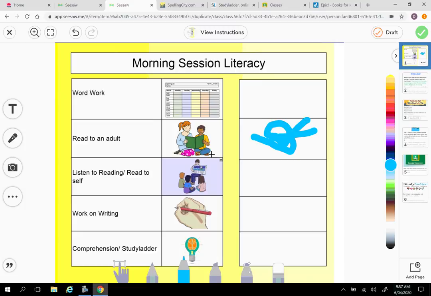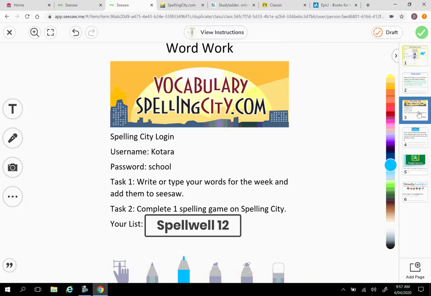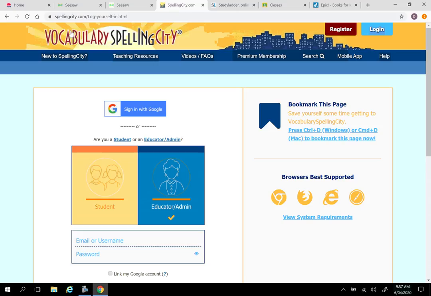Our next response that we're going to do is work on word work. We're going to do our word work activity. Down here is going to be our spell well list that you will need to access. Each spell well list will be different per student, so you'll just have to find your spell well list and then go from there. To find your spelling city, you type in up the top spellingcity.com and then click on